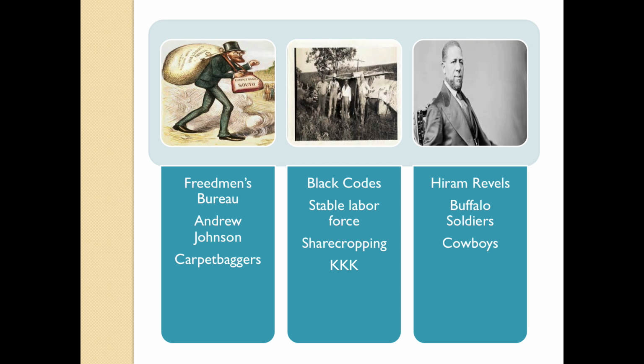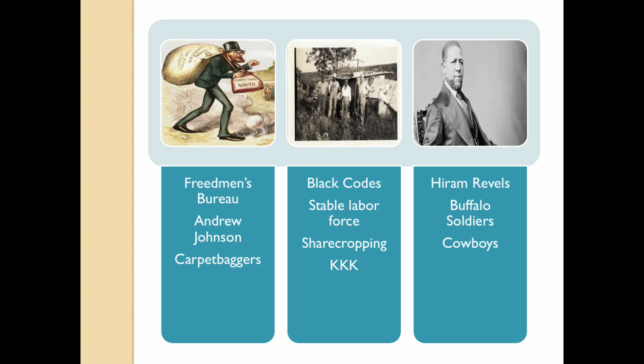Well, then these farmers realize they don't have money to buy seed and farming equipment, so they go to the local store owner who will allow them on credit to take seed, farming equipment, maybe get a cow or a mule or an ox, maybe even get a worker or two to help them. And again, tell them, all I need from you is for you to share a portion of your crop with me. So when it's harvest time, the black farmer shared a portion with the white landowner.